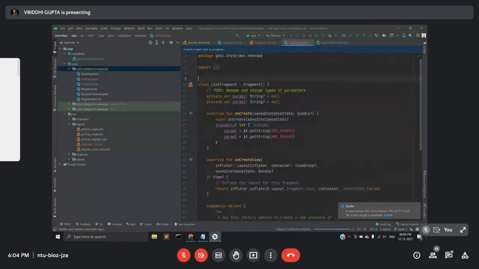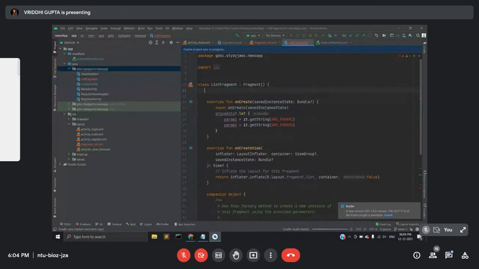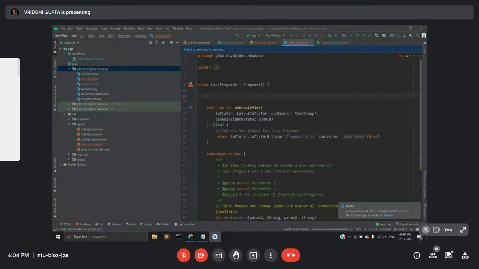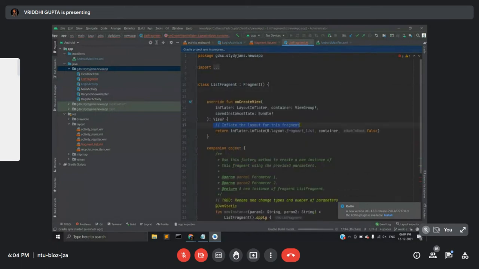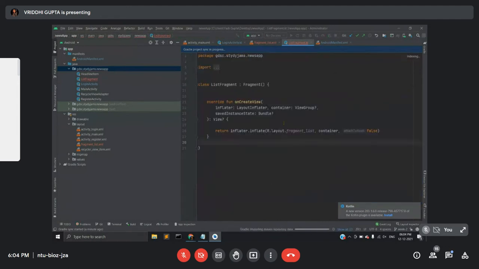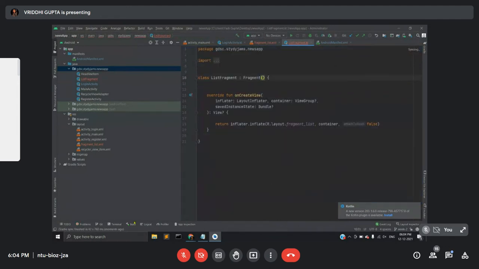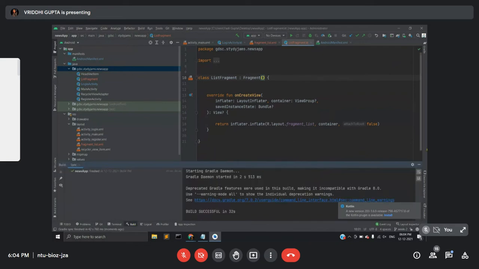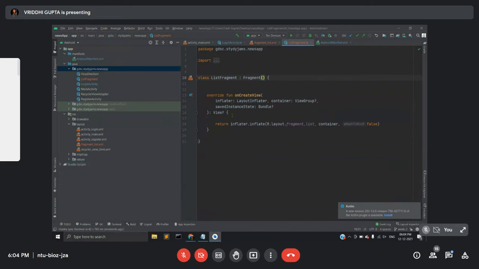Let's remove these parts which we don't need. We don't need this. We don't need the companion object too. Okay, so I guess the sync is done. All right.